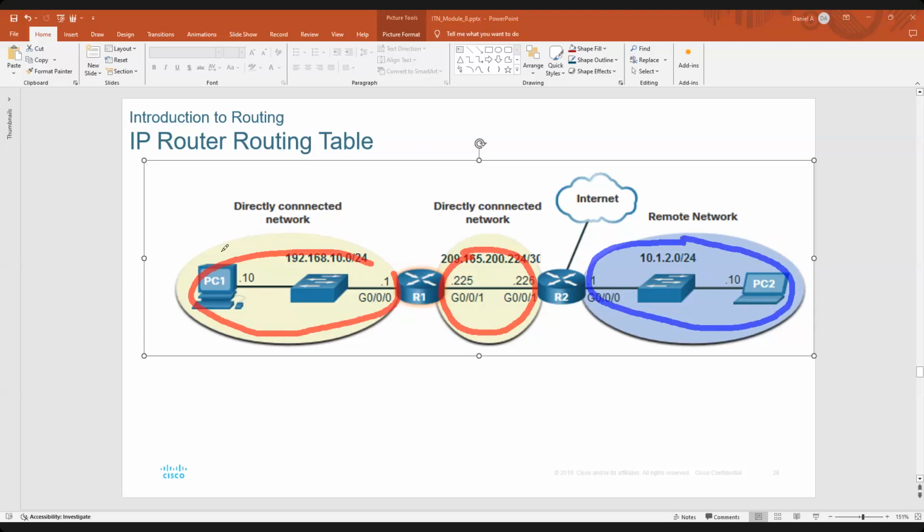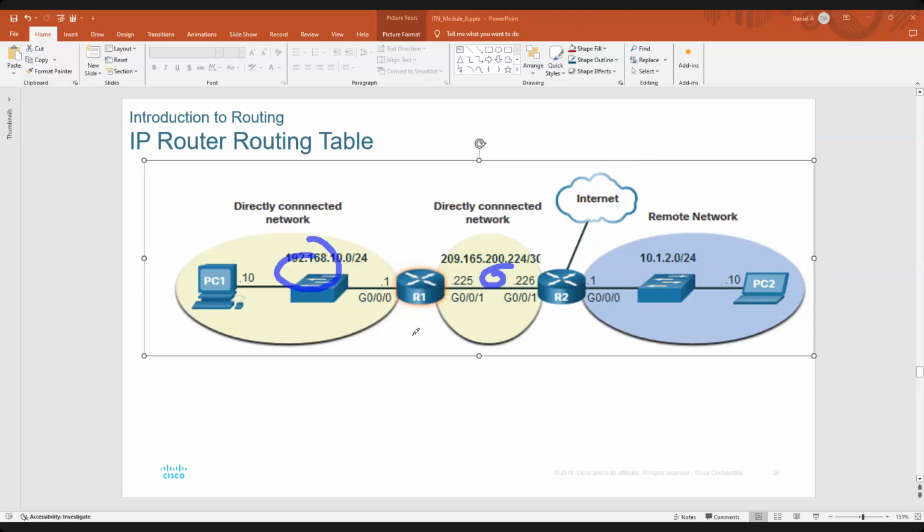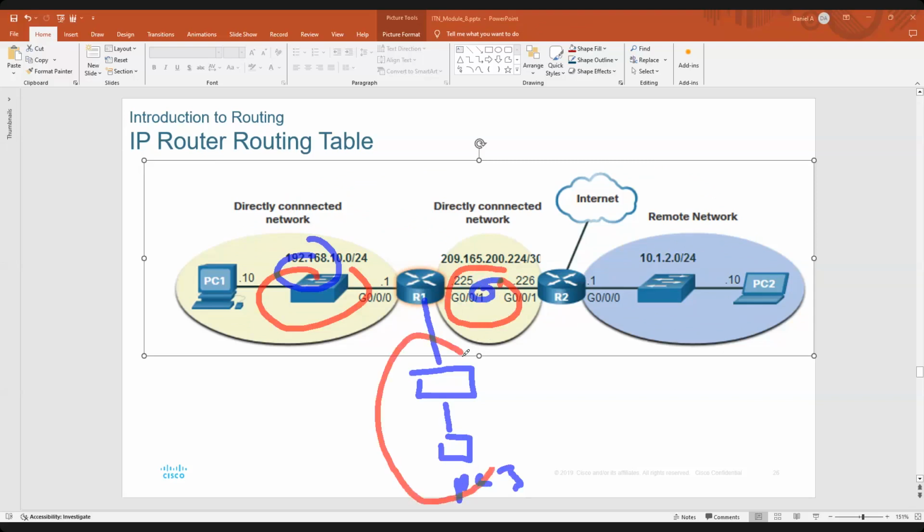ስለዚህ PC1 cannot ping PC2. Why? R1 has no information about this remote network. ስለዚህ R1 ላይ routing table build ካላረግን R1 always communicate those network attached as a directly connect። ስለዚህ ሁለት እዚህ ጋር የምታያቸውን ይሄንና ይሄን ኔትወርክ R1 ኮሙኒኬት ማድረግ ይችላል። ለምሳሌ እዚህ ኔትወርክ ውስጥ ለምሳሌ በዚህኛው ሳይድ አንድ ስዊች ቢኖረኝ እና ሆስት ቢኖር here is PC3። ስለዚህ R1 ስንት ዳይሬክትሊ ኮኔክትድ አለው? 3። ይሄኛው 1፣ ይሄ 2፣ ይሄኛው 3። ስለዚህ R1 ከPC1 ወደ PC3 ፒንግ ማድረግ ይችላል። ለምን? ዳይሬክትሊ ኮኔክትድ ስለሆነ ቀጥታ አውቶማቲካሊ ያውቃቸዋል ኔትወርክ።